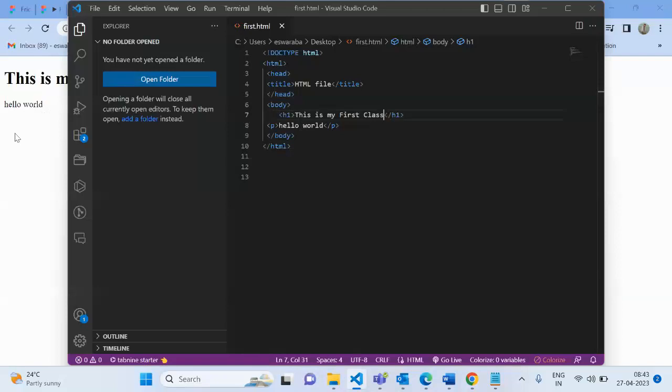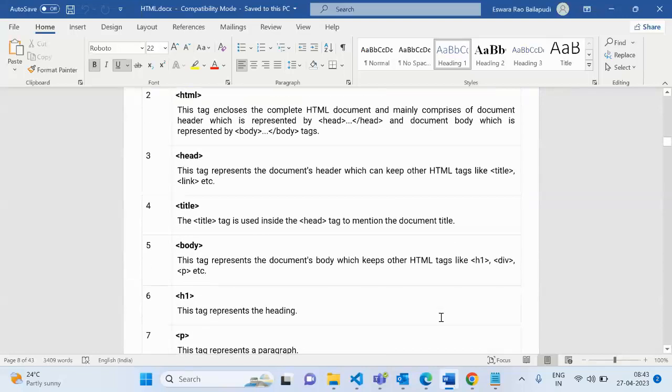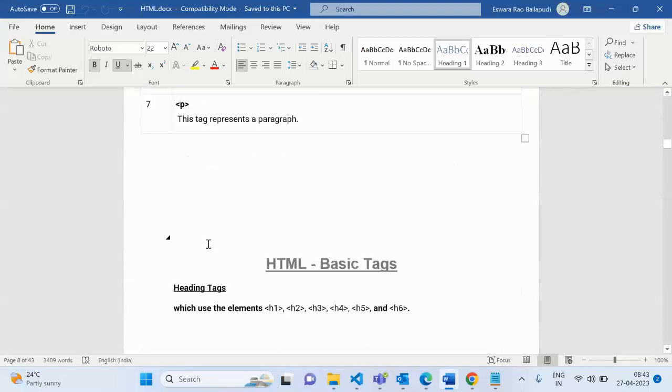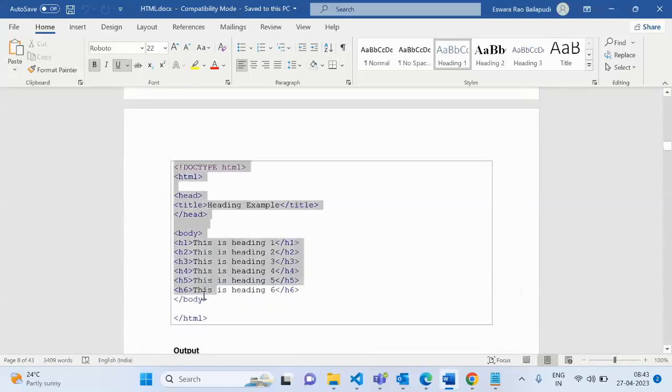What is the basic structure of the HTML page? What is the doctype? What is the HTML head, title, body, H1, P? Everything you understand, right? I will show you.